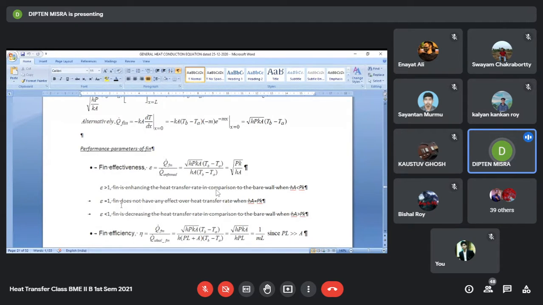Unnecessarily, there is no point attaching a fin. We cannot improve the heat transfer. And the worst thing can be that when the effectiveness goes down, then it is a detrimental fin. And that is what I said, that one of the primary reasons may be where the value of H